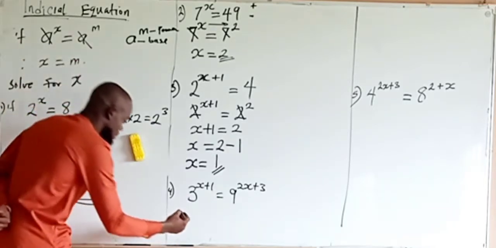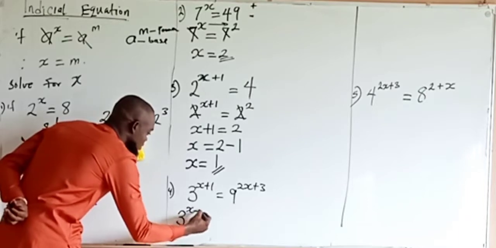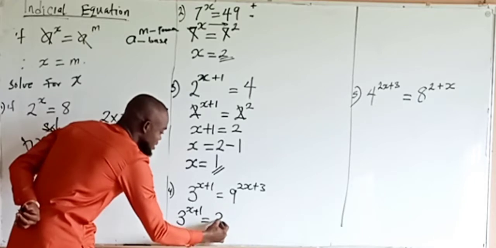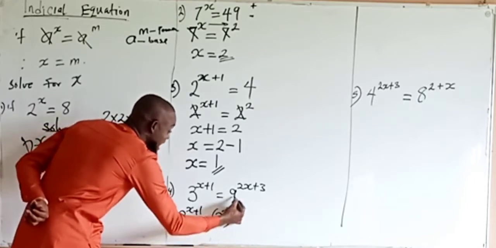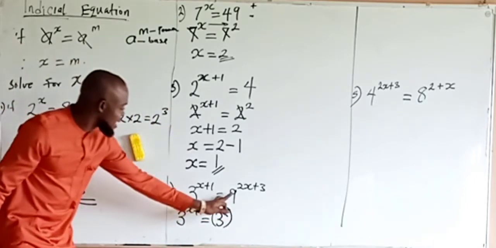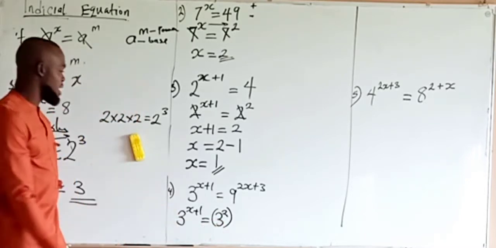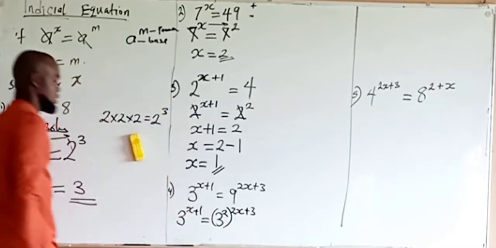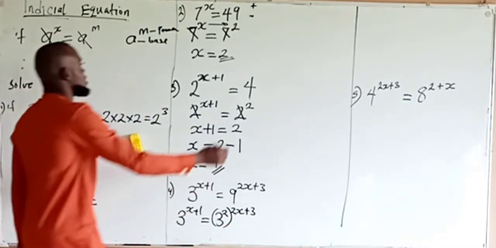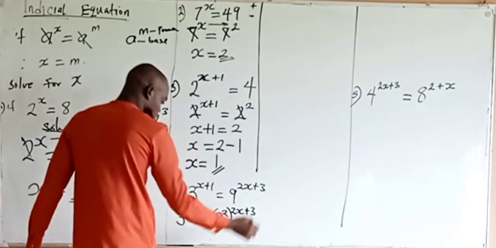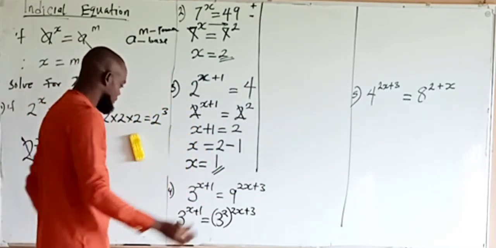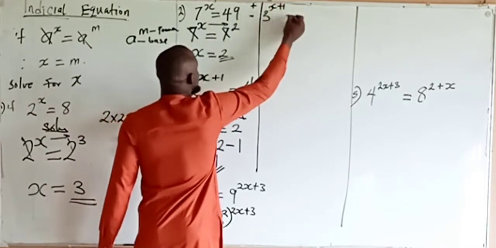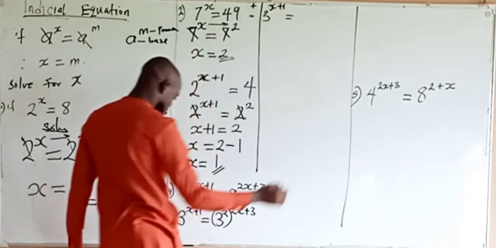So I'm going to have 3 raised to the power x plus 1 is equal to, now, what am I going to raise 3 to that will give me 9? 3 raised to the power 2 will give me 9. So 9 means 3 raised to the power 2. Then this 9 is now raised to the power 2x plus 3. They are already going, so ensure you stay with us. Just stay with us. Then let's go. Then we have 3 raised to the power x plus 1 is now equal to